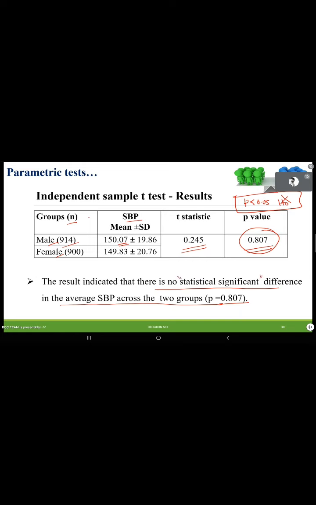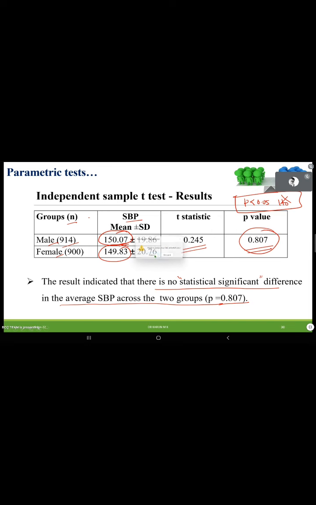Okay. In this specific case, no need to do any testing procedure. You can just look at the mean value. See, this is 150, here also approximately 150. By looking at the value itself as a clinician, you can say, oh, there is no difference. Why should you do a t-test? The summary statistics itself is telling there is no difference. But if you want to proceed with the t-test, you can do. And the test is telling there is no significant difference in the average SBP between males and females.